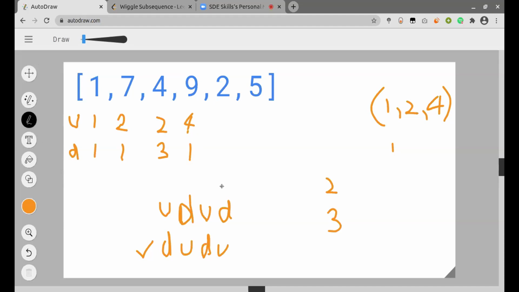So when I come at 2, I'll see 1, 2 makes an increasing one, so I'll take 1. When I see 7, 2, this is a decreasing sequence, so I'll take the value of up. So this will be 2 plus 1, which is 3. Now when I come at 4, it is the reverse: if it is decreasing, you take the increasing value from the array, because I need to maintain the hill. So if I see that it is an increasing one, I need the value of all the decreasing ones before or starting at that particular index.